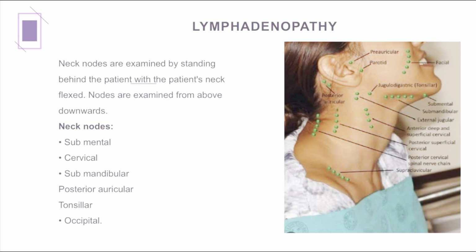Neck nodes are examined by standing behind the patient with the patient's neck flexed. Nodes are examined from above downwards. And it is also important to note the neck nodes because it's going to be your viva question, that are submental, submandibular, tonsillar, cervical, post-auricular and occipital. Several diseases affect several types of lymph nodes. For example,